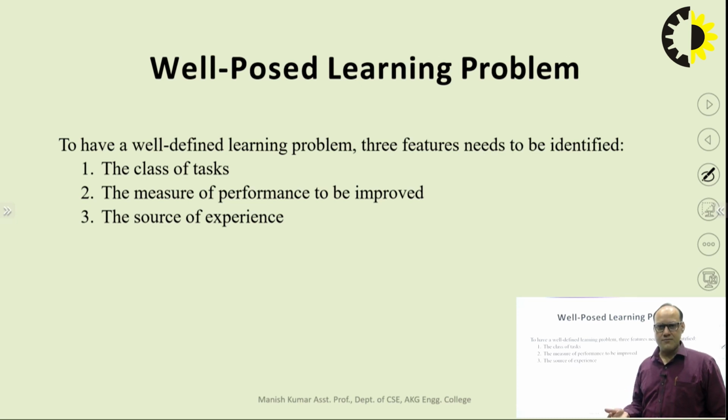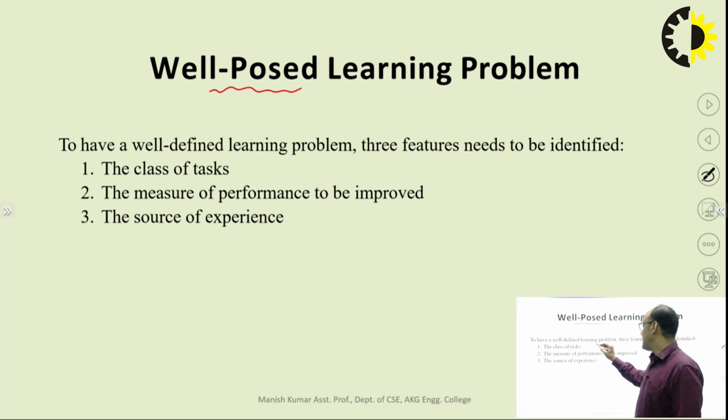We are not teaching someone; we are just giving training to a machine so that the machine can predict for future instances, right? So for that, how can we define a well-posed learning problem? Based on the definition of machine learning that I have just explained, T, P, E: T for task, P for performance measure, and E is the experience.